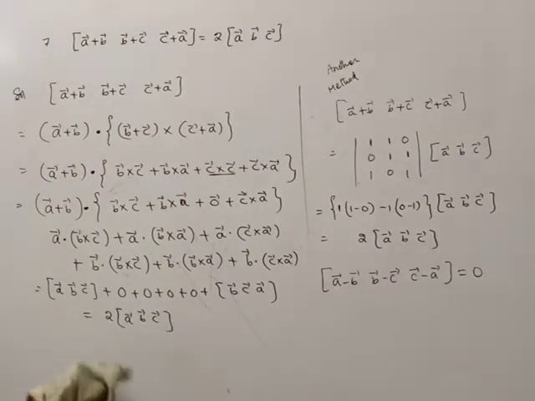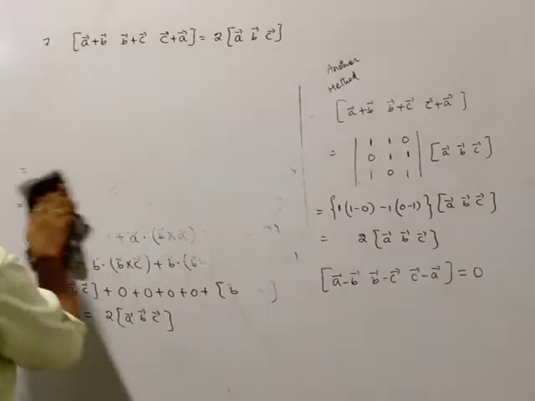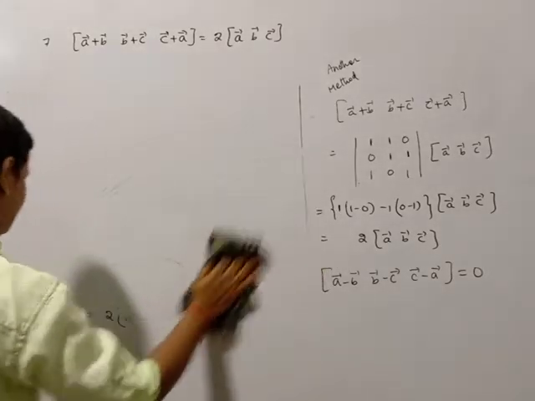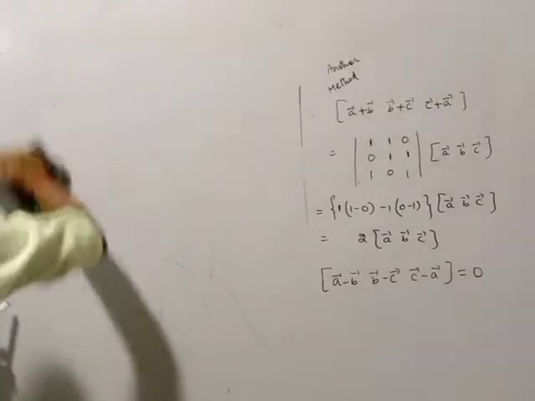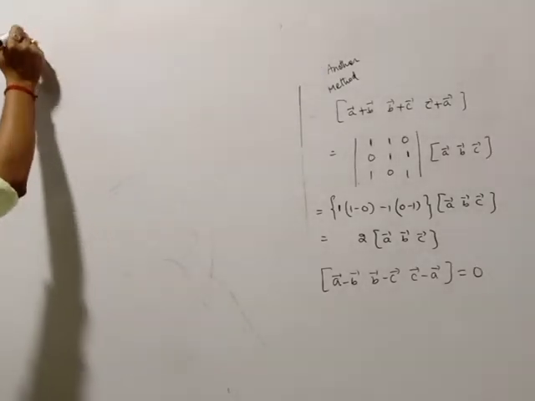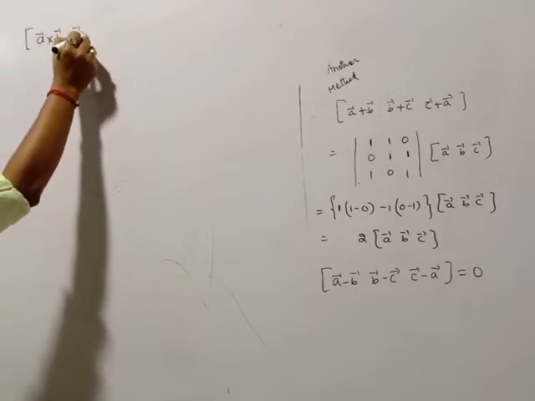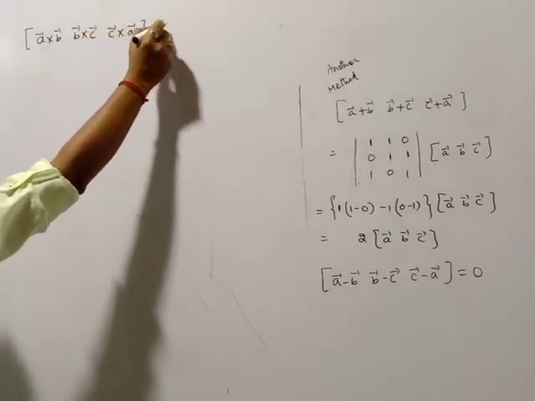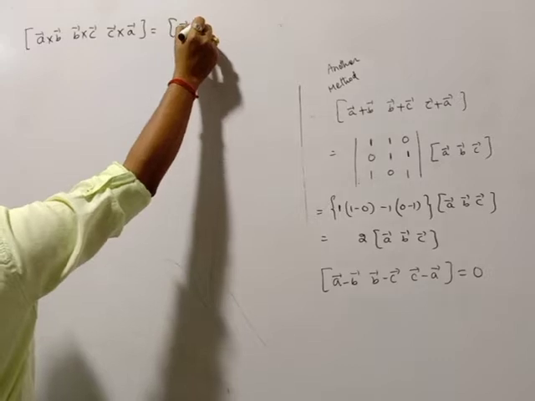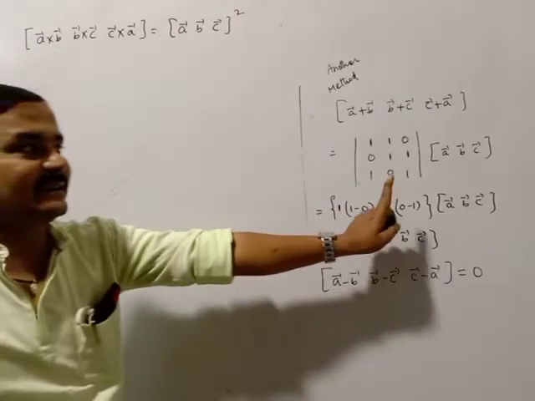Now the difference between question number 7 and 8c: here plus is given, so 2 times comes. Suppose inside a cross is given, like box of a bar cross b bar, cross c bar cross a bar. Since a cross is given, it means multiplication, so it can be equal to the square. You can't do it by this method.